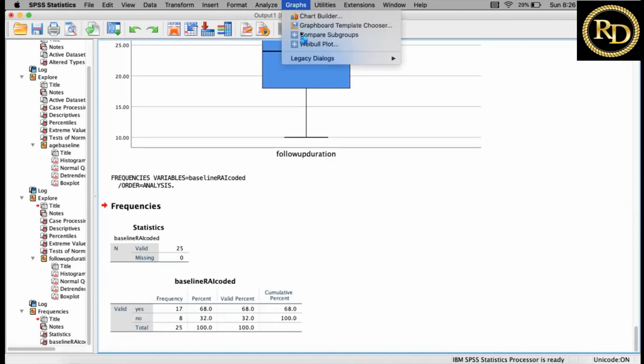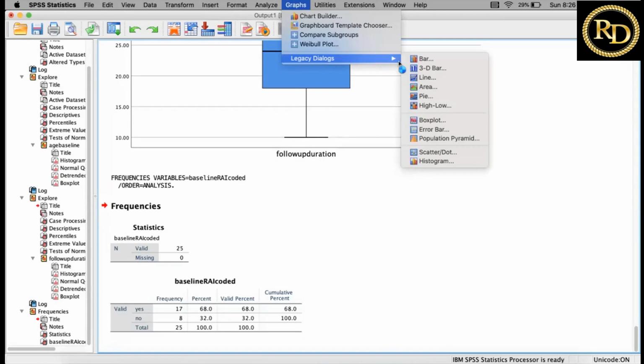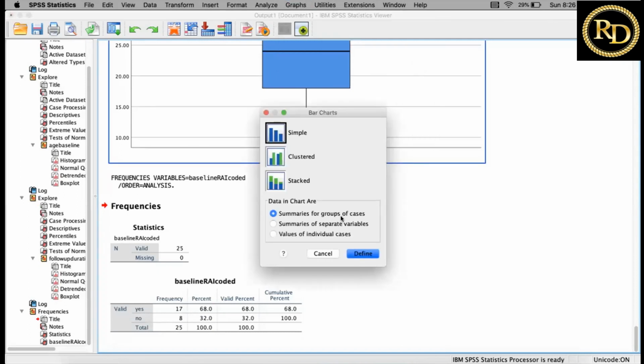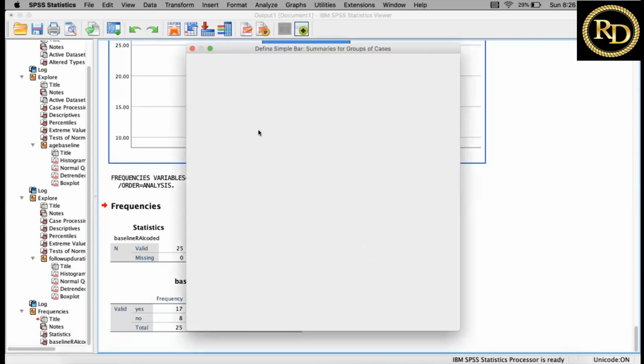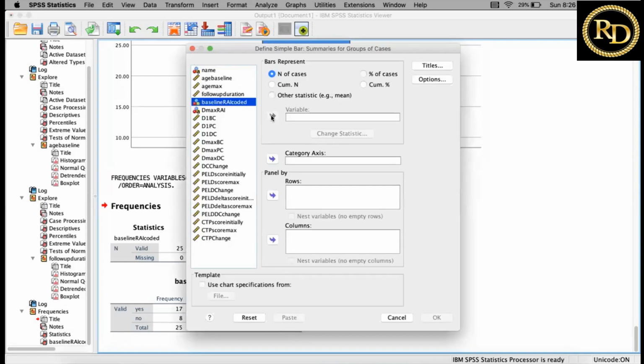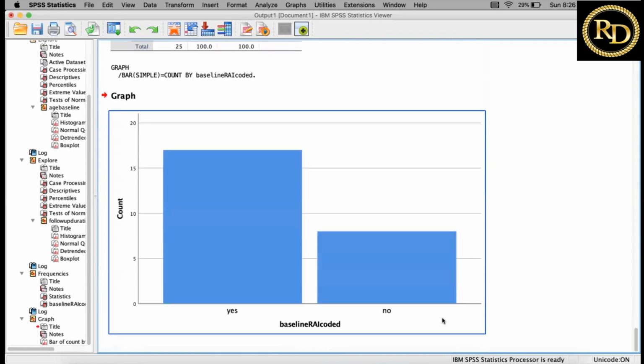For using graphs, you can go to Graphs and then Legacy Dialogs. I told you that you can use a bar chart, a simple bar chart, define for baseline, then click OK. So here you can see the baseline bar chart.